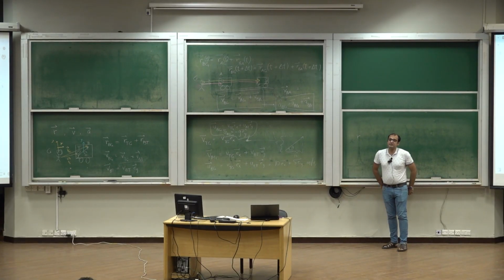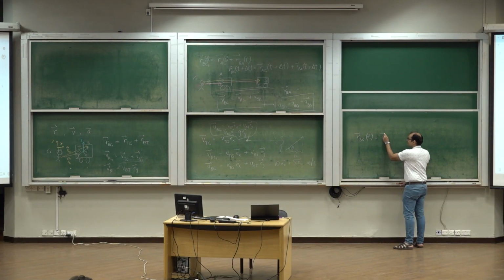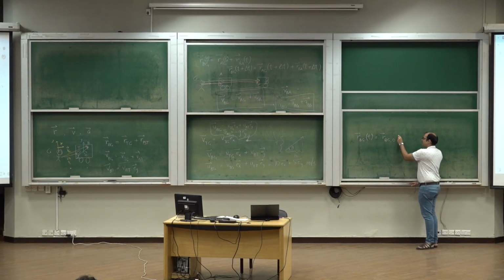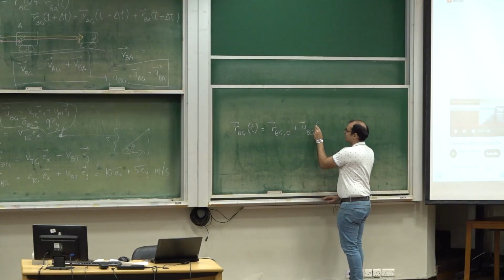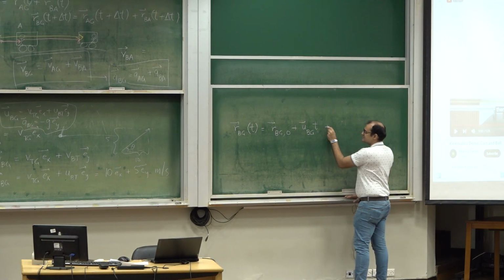अब वो सारी पिछली इक्वेशन इस्तेमाल कर सकते हो. But now just keep in mind that you have to refer to किस ऑब्जेक्ट का position vector, वो तो आप already कर रहे थे if you had more than one object. But you also have to specify according to who. So the position vector of the ball B according to the ground observer at time t equals the position vector of the ball according to ground observer initially plus the initial velocity vector of the ball according to the ground times t plus